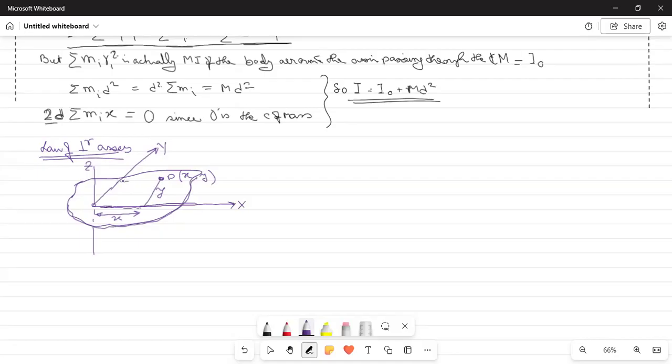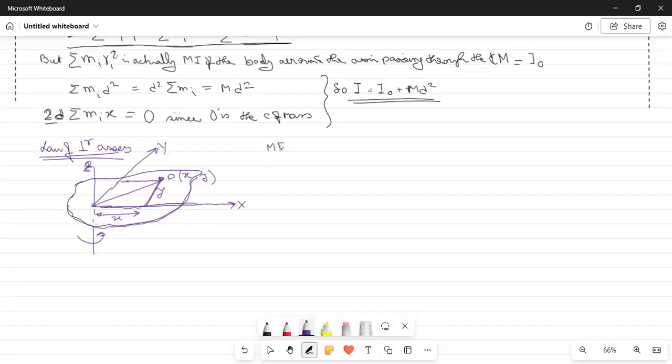Now we draw a parallel line here. For the sake of the diagram, also draw the diagonal of this rectangular parallelogram. Now, this is the z-axis on which the body is rotating. In fact, so long in the entire chapter, we have been considering the rotation around a perpendicular axis, which is the z-axis. So, moment of inertia around the z-axis,